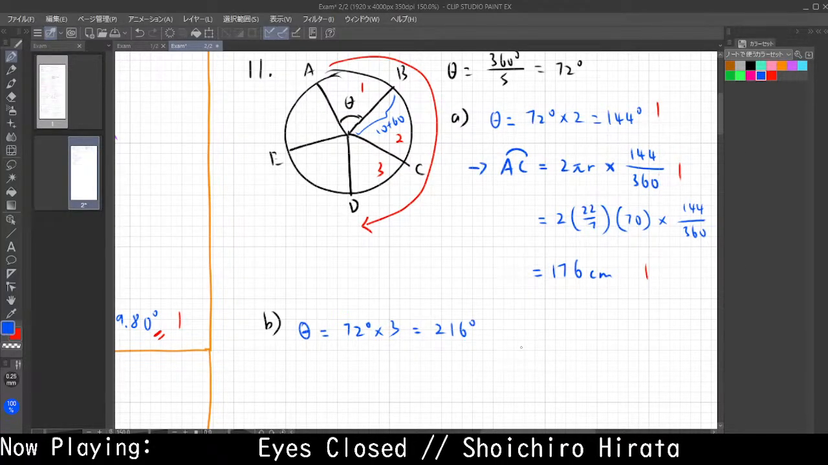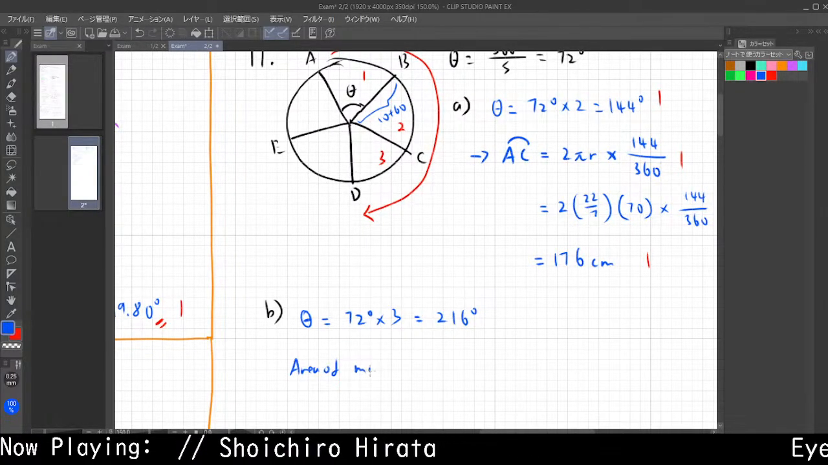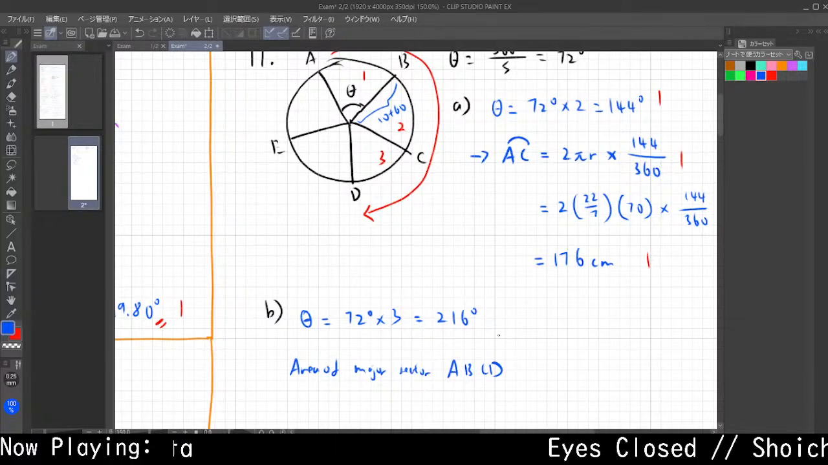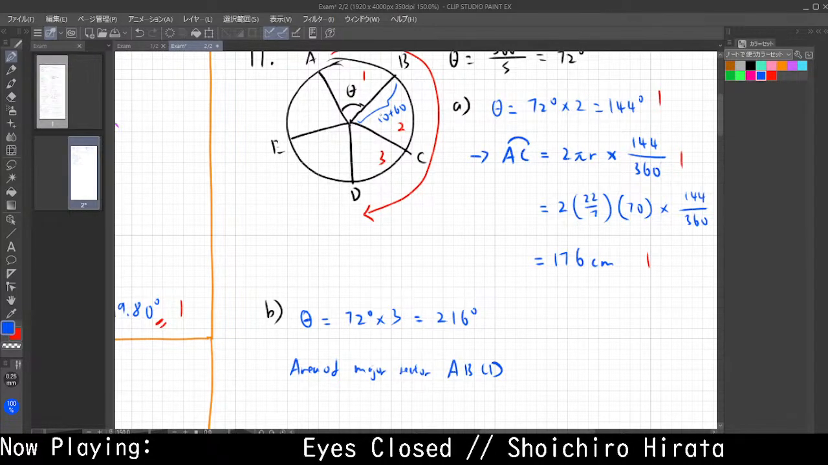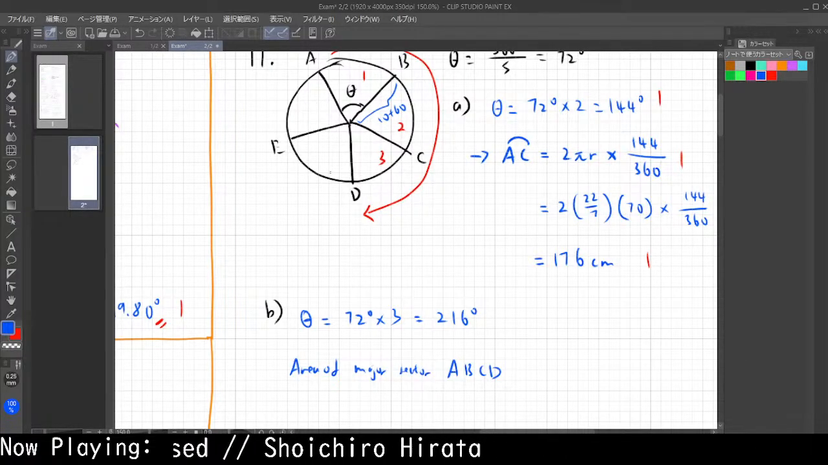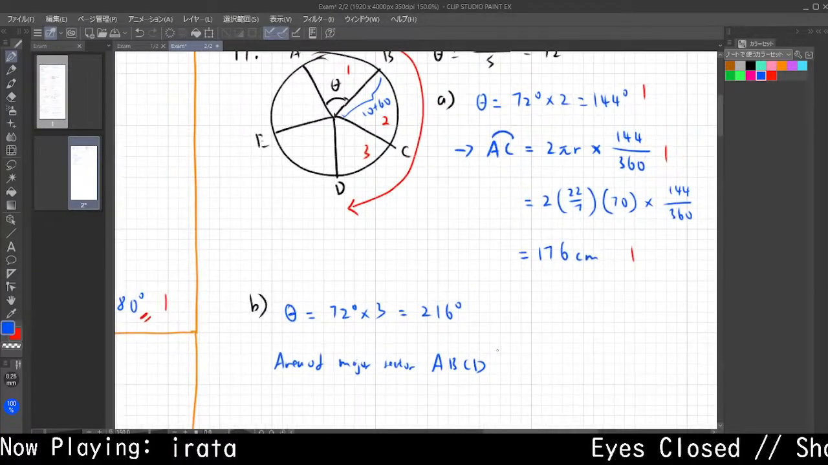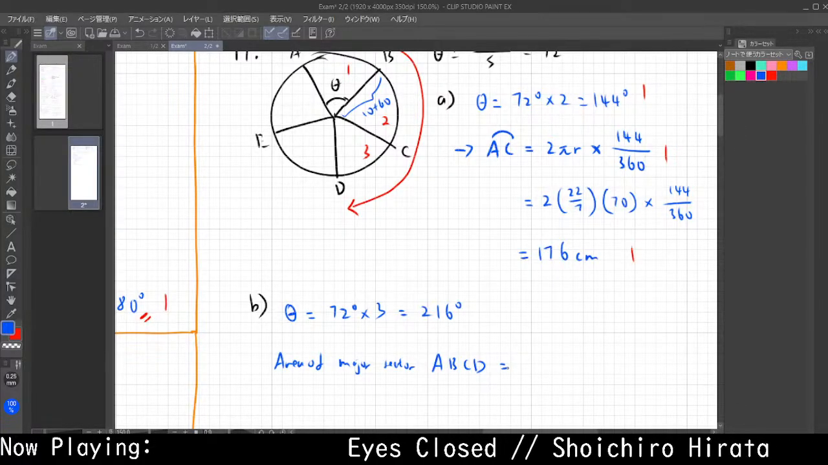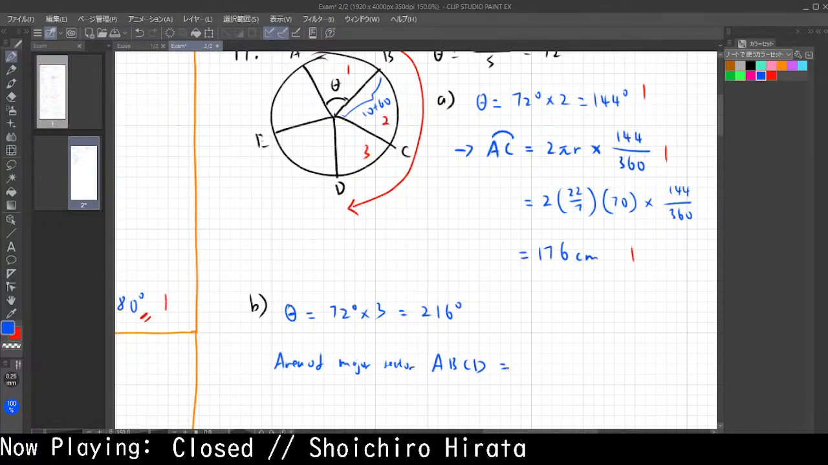So you get 216. So in this case, you want the area. So the area of major sector A, B, C, D, because A through B, C, D. You can put an O in the middle, but it doesn't give you much, so no need. Really speaking it is A, B, O, C, D, but you don't have to. Area of major sector A, B, C, D, this should be equal to